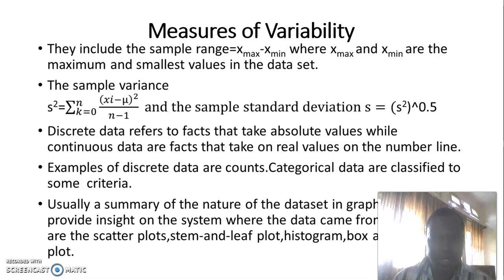In other words, continuous data takes data